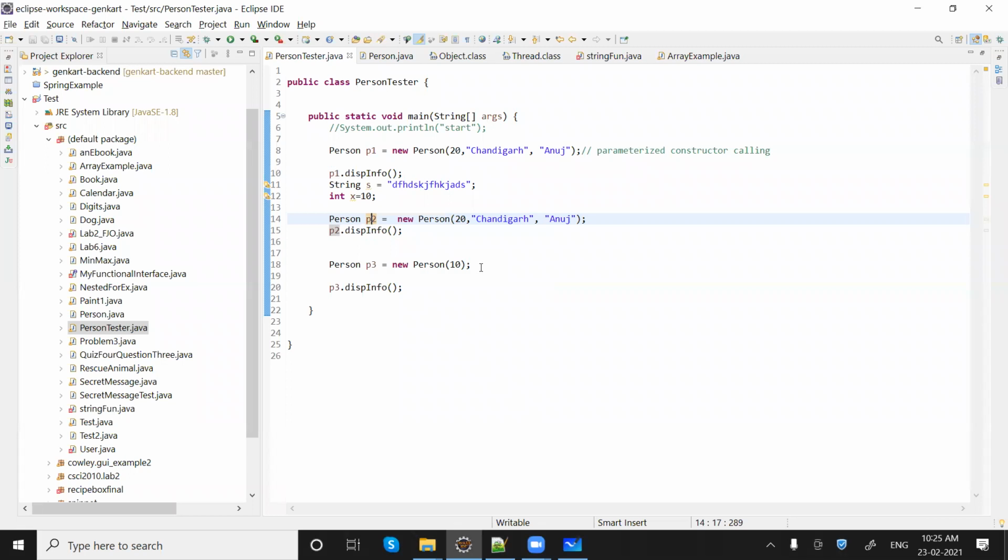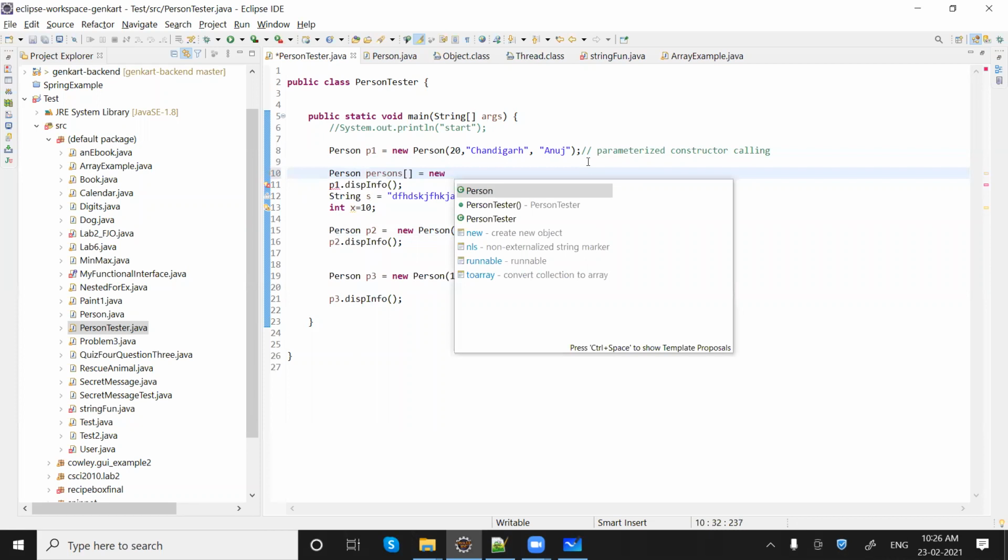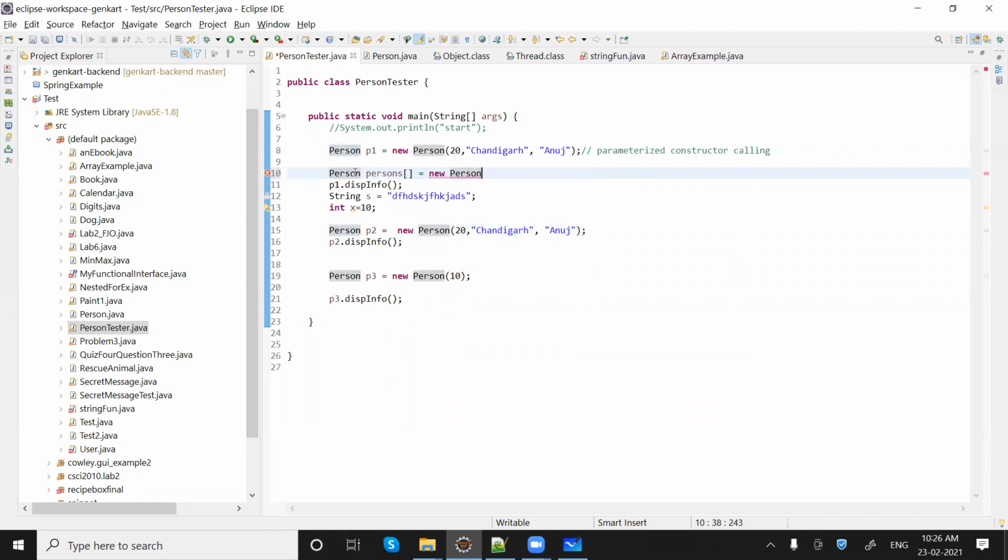If we want to represent 100,000 persons, what we can have is an array of person, like persons equals new person, because this time the data type is person, so I'm writing person here.